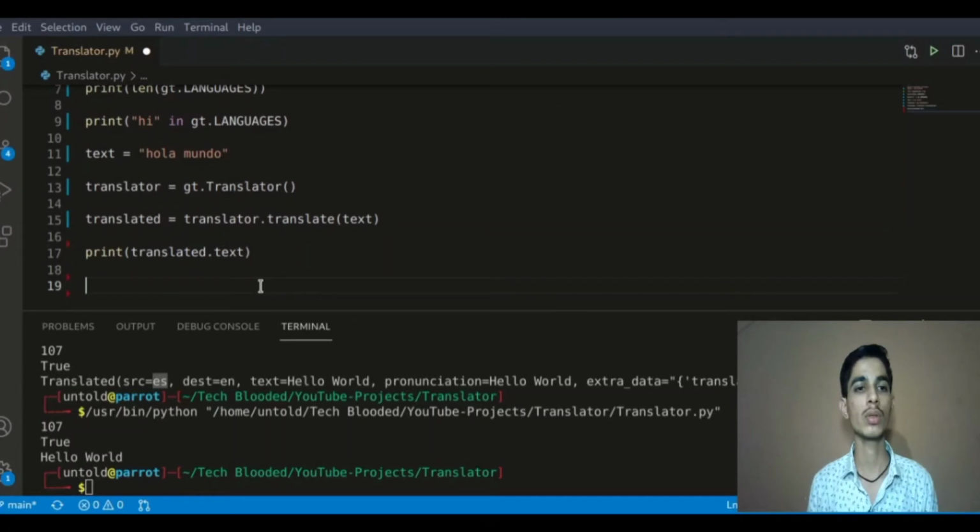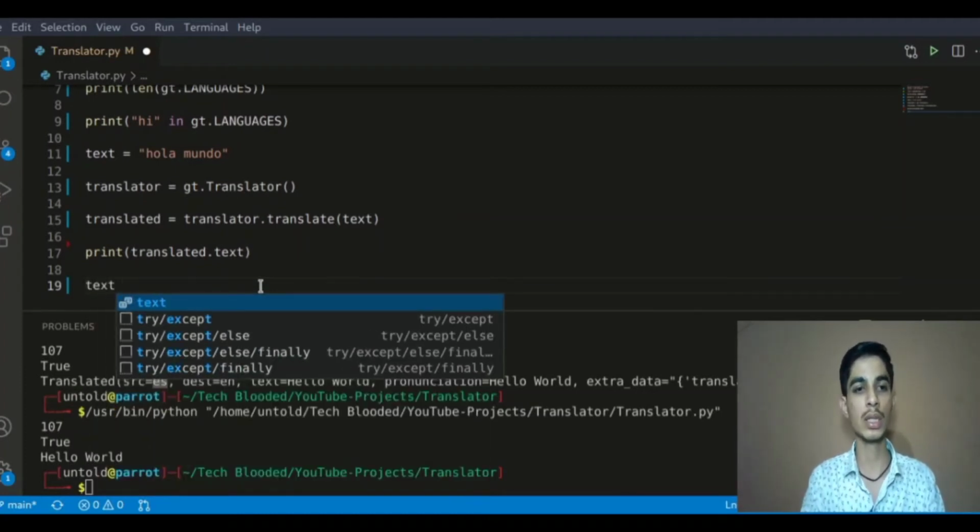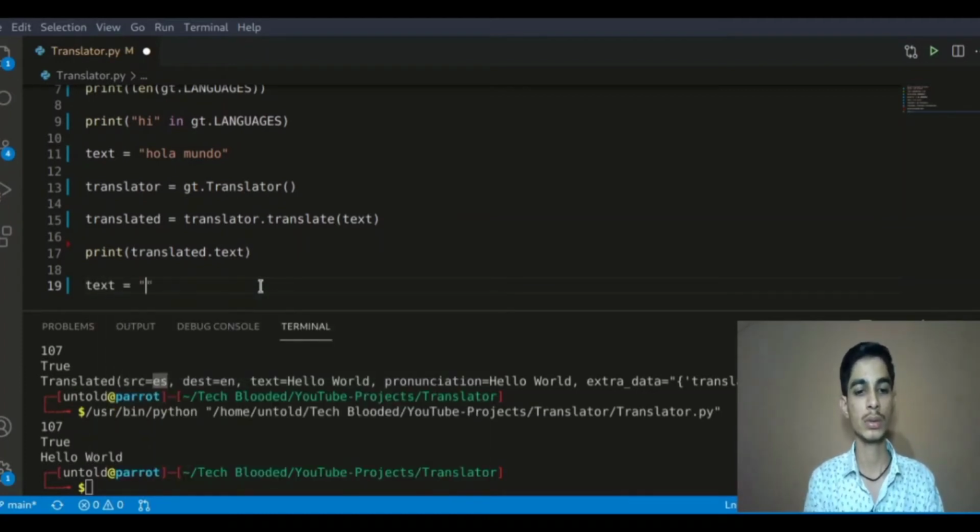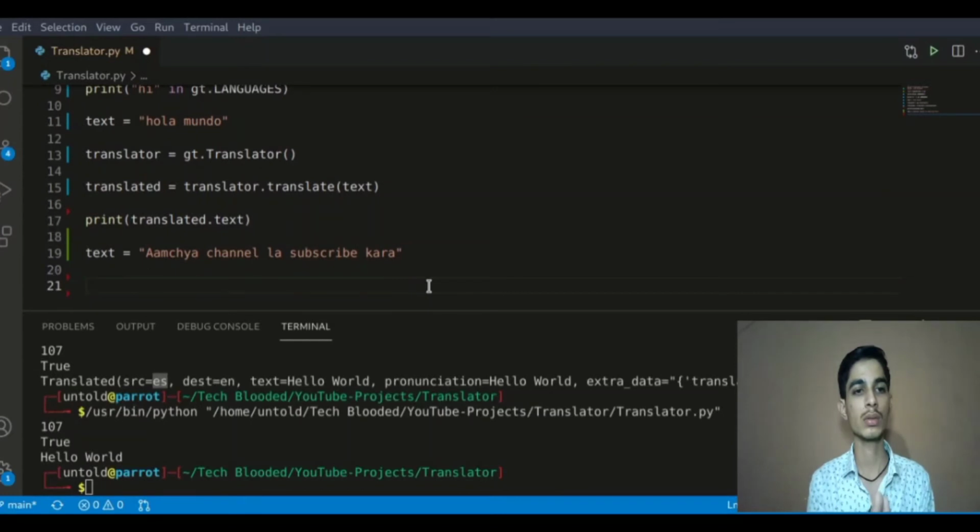Suppose you want to detect the language of a text, then you can use translator.detect. So let's create another text equal to, so I put a text, आमच्या चॅनलला सबस्क्राईब करा. So let's see in which language this text is.